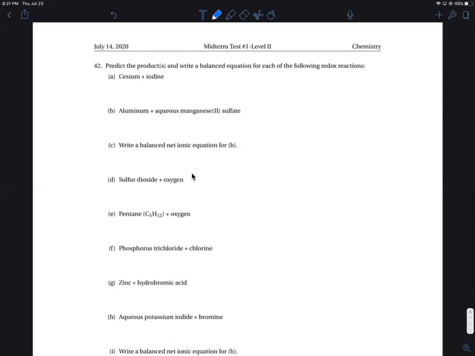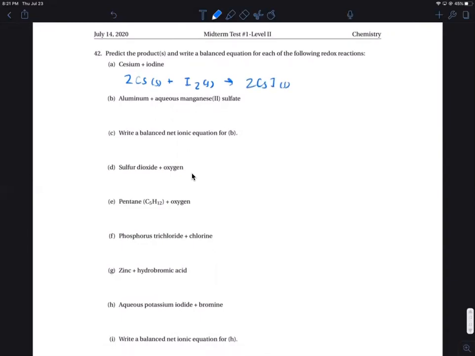Okay. So for A, it's going to just be plus I2, 2 CsI. For part B, aluminum and then manganese sulfate, Al2(SO4)3, and then 3Mn. For part C, it says write a balanced net ionic equation, so